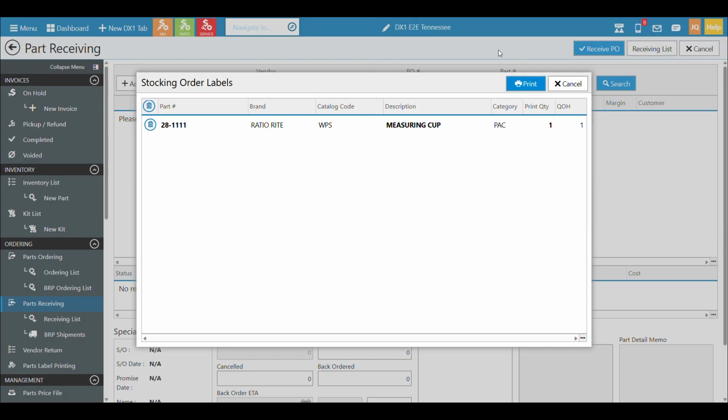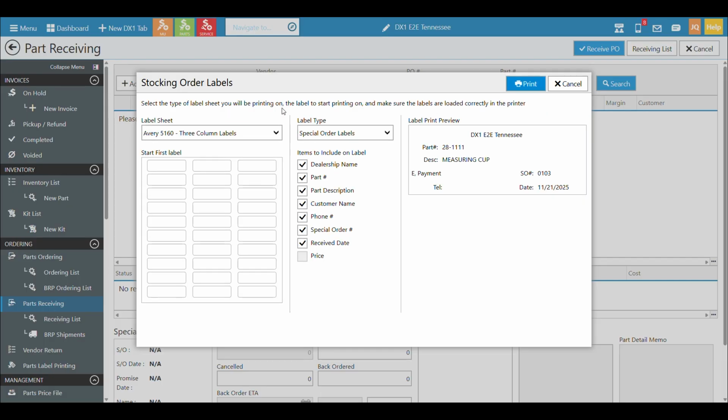We can see here too that because we had parts, and in this case we use some labels, I can print those from right here. I can update the quantity if I want, change the description. Once I get it how I want, I can hit print. It's going to ask me what kind I want. If you use thermal labels or Avery, you'll have the drop down here. In this case, I'm going to say Avery 3 column.